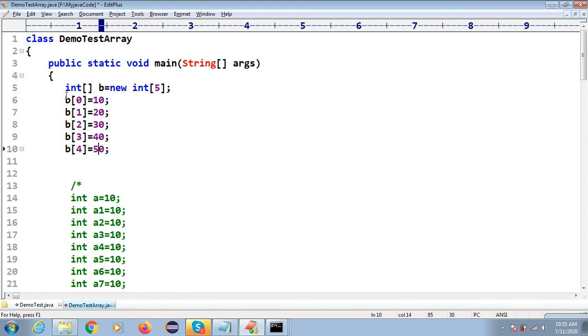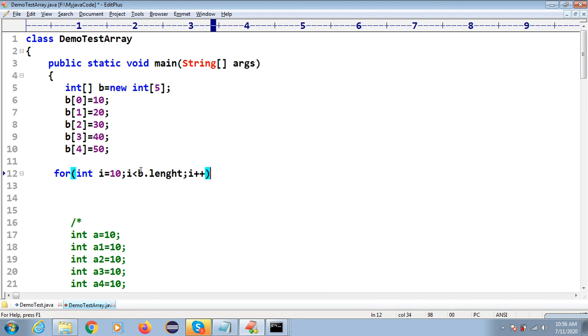Okay, so now how to print this value? We have multiple elements, right? So I will use a for loop here: for int i equal to 0, i less than length, and i plus plus.